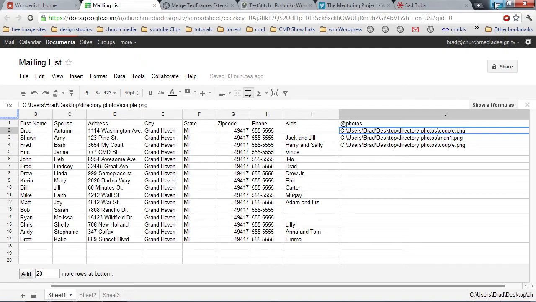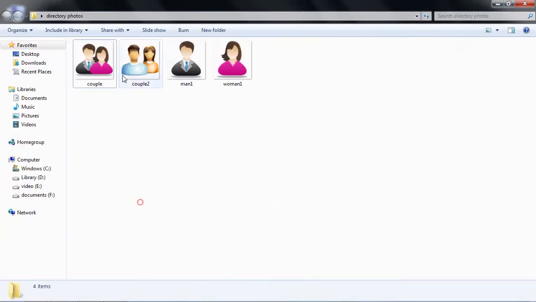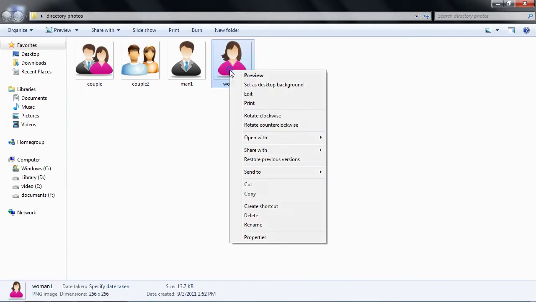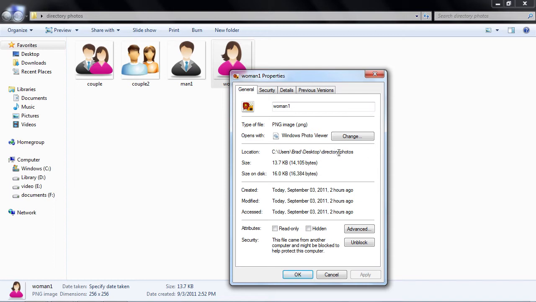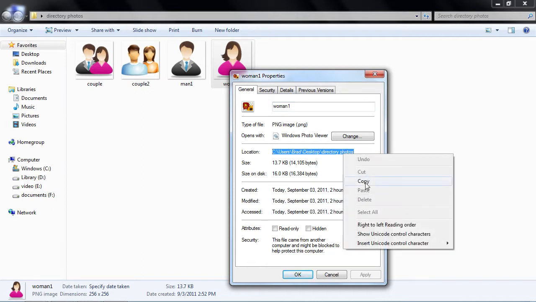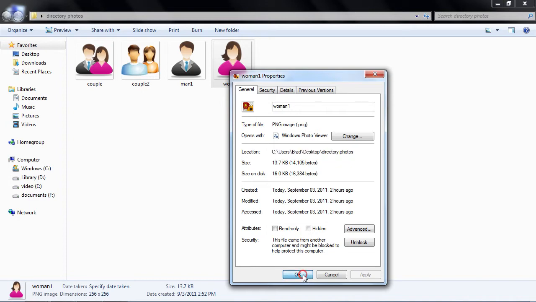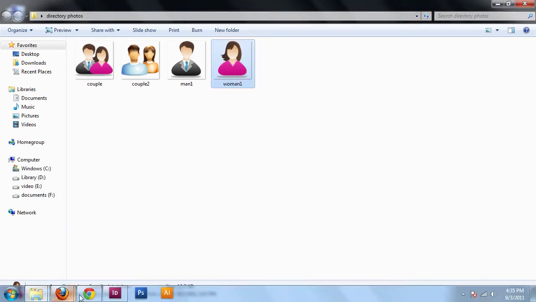So what we can do here is we'll minimize, and you'll see I have some generic placeholders. So let's say we wanted to use this woman one. So I'm going to do properties, and you're going to see here we have our first part of our file. So this is where it's located, and then it's called woman1, and it's a .png. So I'm going to copy this and hit OK, and then I'm going to go back up to my web